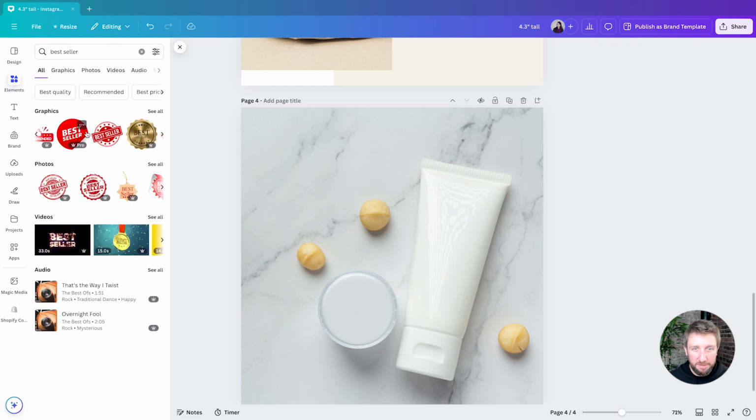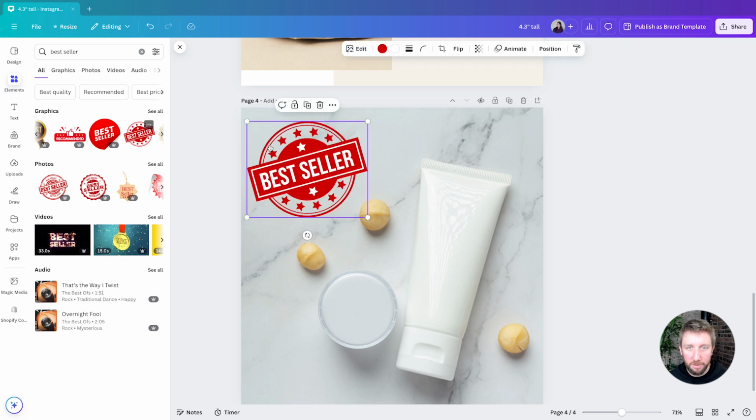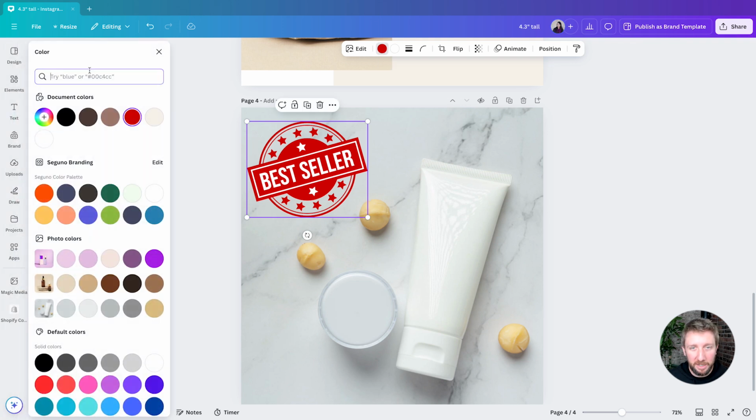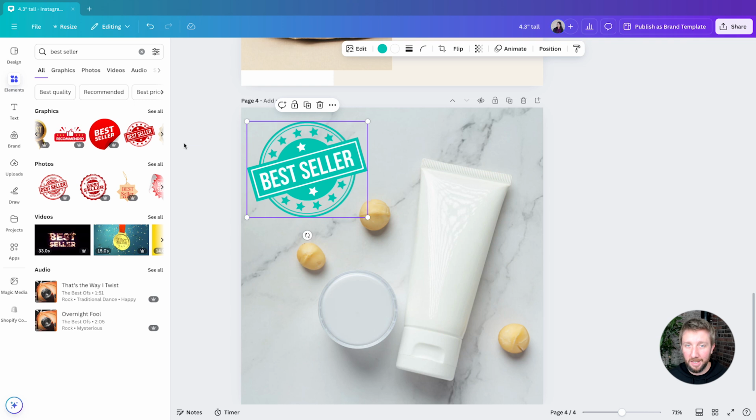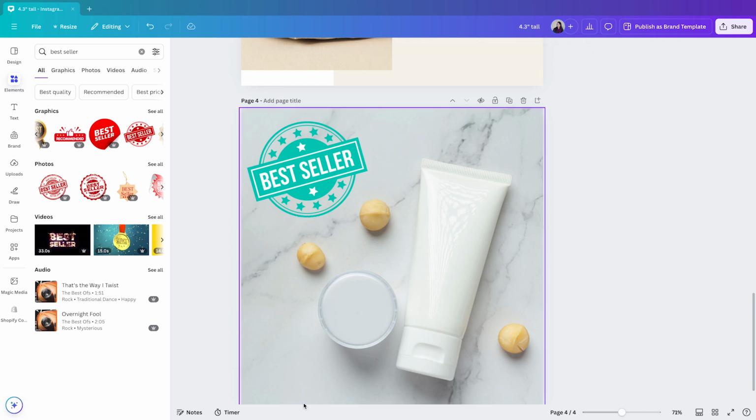So first thing is I'm going to find the style that I want for the badge. Let's see what we have here. Actually, I like that one a little bit more. Where would it go? There we go. Pop that right in. Red's a little bit bold. Let's go for something a little bit more calm. So I'm going to bring in one of my brand colors, go ahead and type in my hex code, pop that in there, and I've updated it. This is now a bestseller, and everybody knows it.